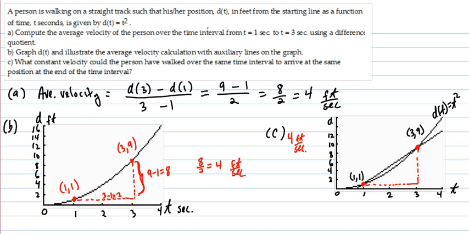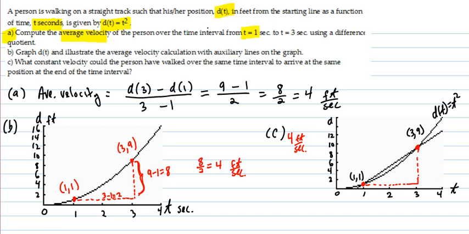A person is walking on a straight track such that his or her position d(t) in feet from the start line as a function of time t seconds is given by d(t) = t². So this time it's not going to be a constant velocity, because as time goes on, there's more distance being covered. Part A is compute the average velocity